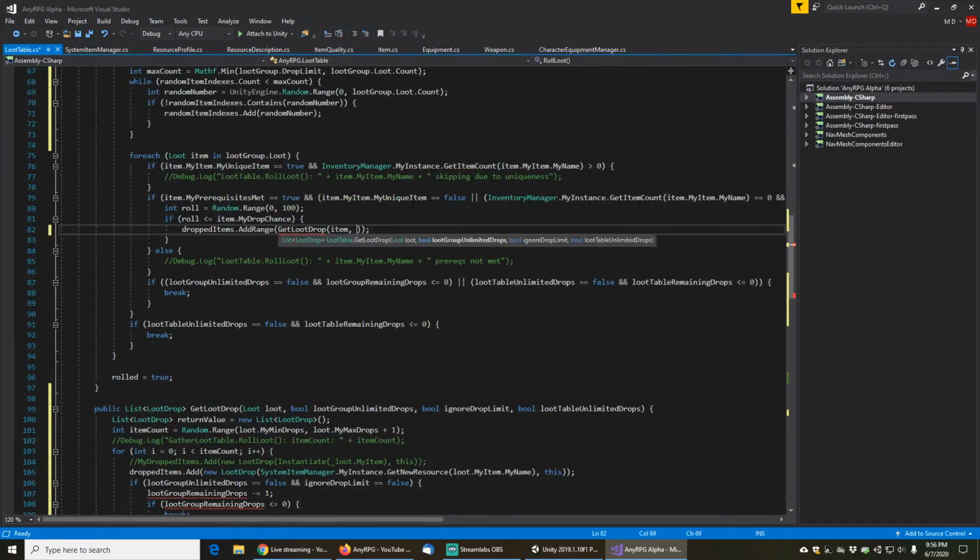So we have loot group unlimited drops, ignore drop limit, and loot table unlimited drops. All right, so then